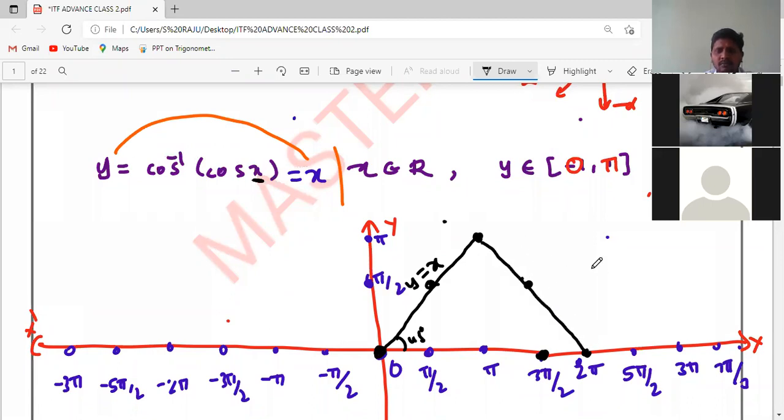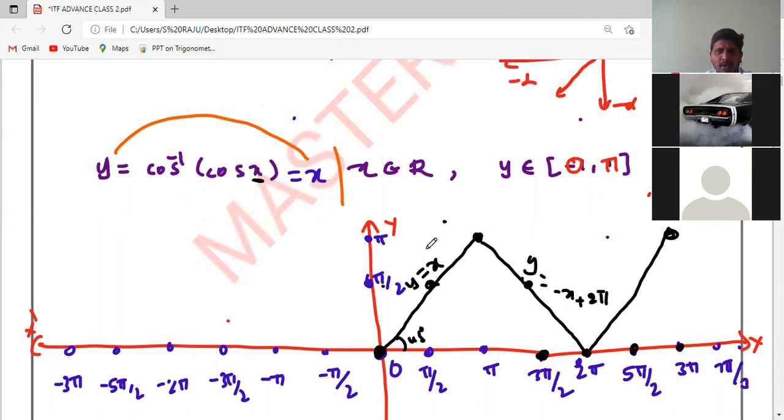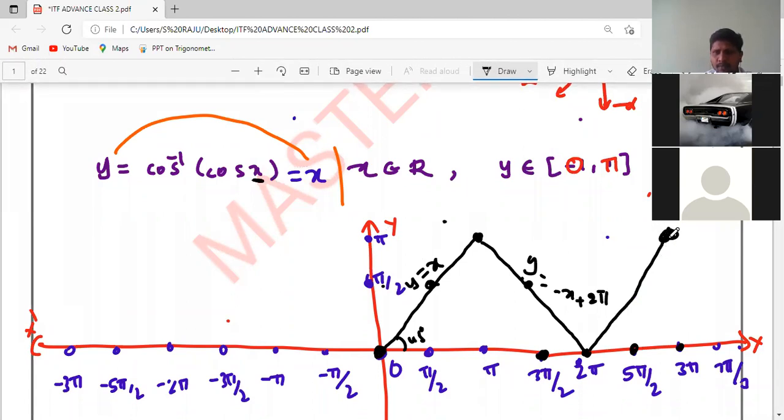But see here, there are two lines. This is y is equal to x. This is clearly y is equal to minus x, plus 2 pi. You can give any angle between pi and 2 pi. So in place of x, finally we are going to get 0 or pi by 2 or pi. Then what about this line? When we substitute pi by 2, we get like this. When x is 3 pi, the output becomes pi. When it is 4 pi, we get like this. So this is the graphical representation for the right side.